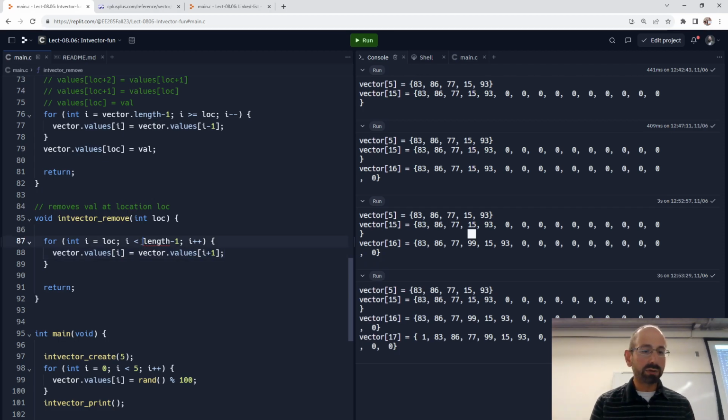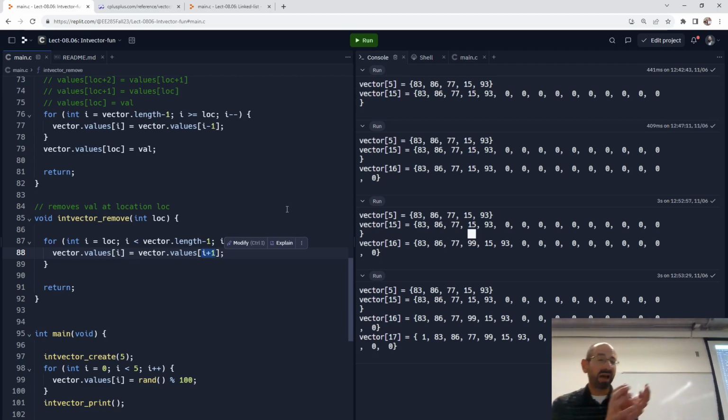So when I is equal to vector.length minus 1, we're taking what was... and it never gets it when it's I minus 2 or length minus 2, we're taking what is currently at location length minus 2, and give me the value of length minus 1. So we take every element, we copy it, you can think of it, to its leftmost element,